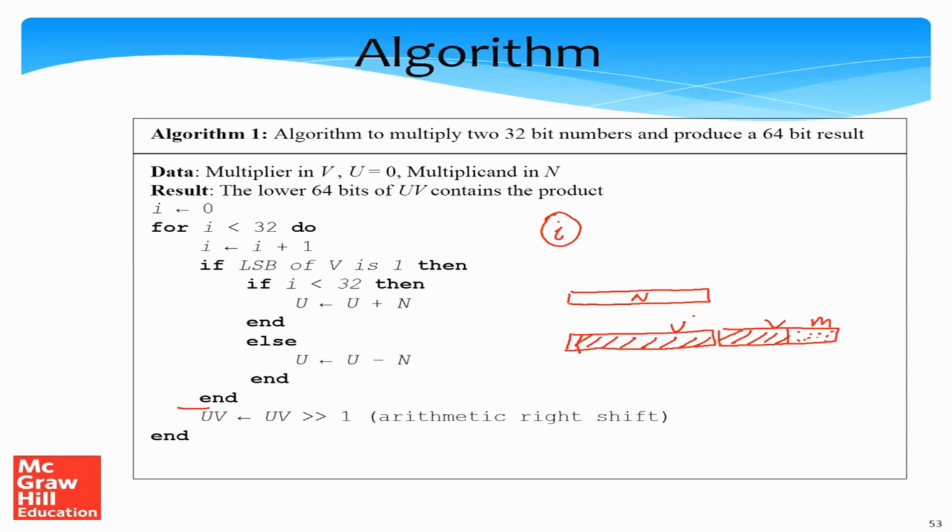So the question is, why do we add the multiplicand to the register U? And again, after adding, the result of the addition is used to update the register U. So essentially we add n plus u. We have an adder like this, we add n plus u, and the result of the addition is fed back to register U. So this is pretty much the same as, if I just take it out, doing the following addition, where I write register n here,